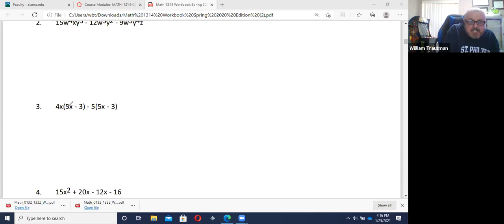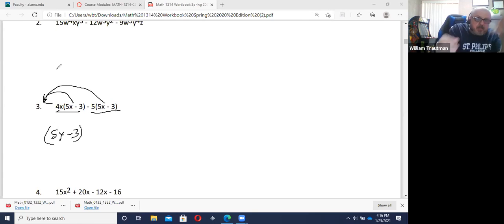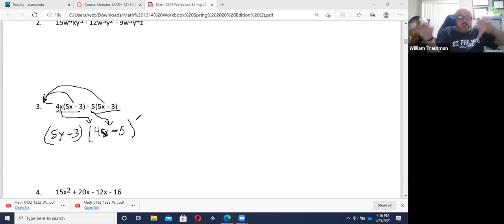So I can see that if I look for a GCF, the GCF is the parentheses, and we're going to divide out the parentheses. If you have 2 terms, you can divide out the entire parentheses. They just come out, and what's left over is the 4x and the minus 5. So when you see those 2 parentheses like that, just factor out the parentheses and you're done. Okay,